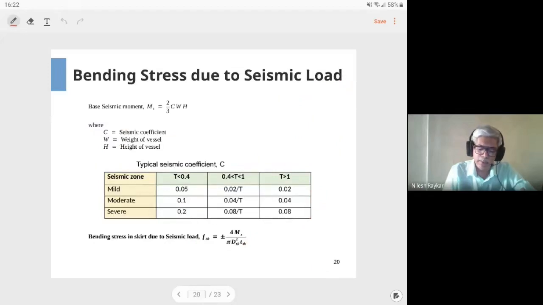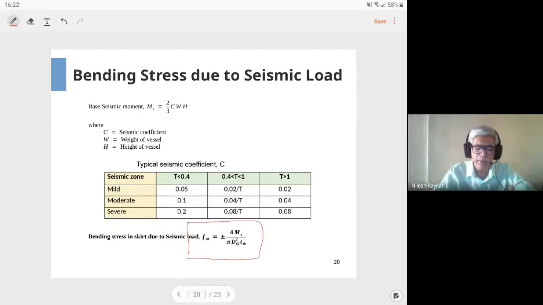Similar calculations are there for the seismic case, except here there are no sections required for simple vessels which are having a uniform cross section. However, if your weight distribution is different, that is, you have some thick sections or some sections are having heavy internals or heavy external attachments, then you have to consider their weight and seismic force acting on them separately, and then take summation of those individual moments.